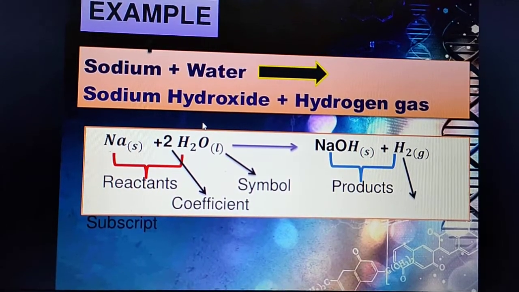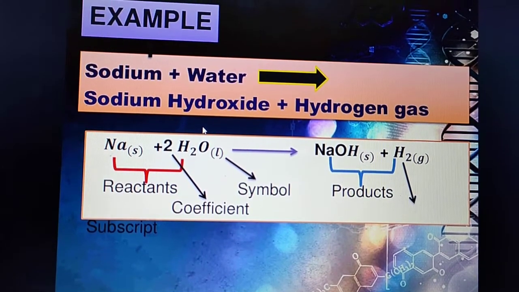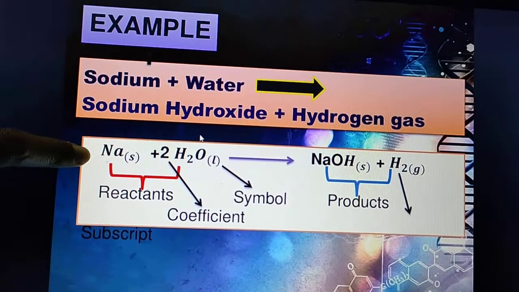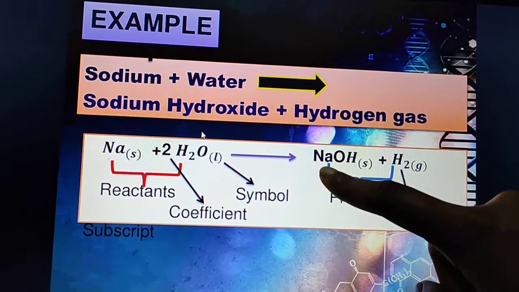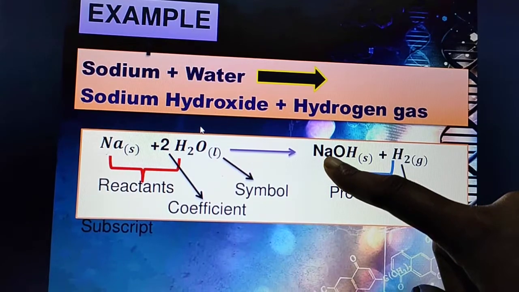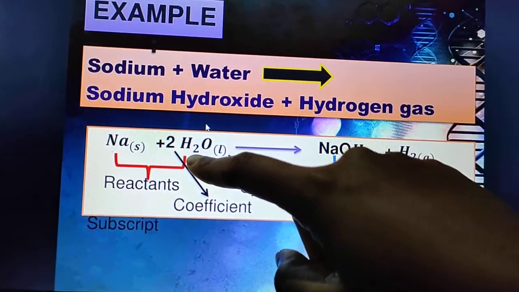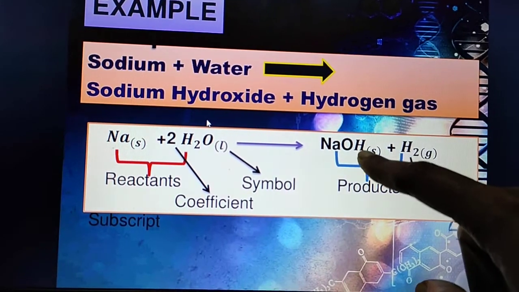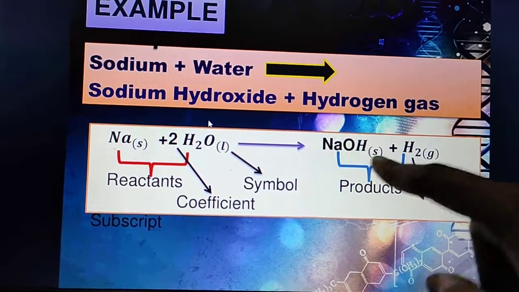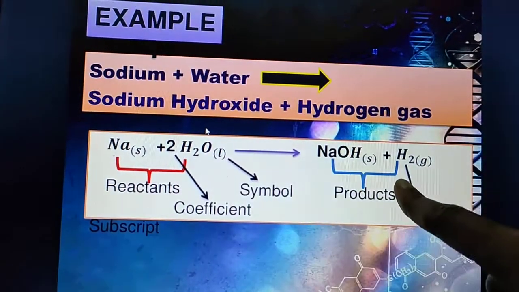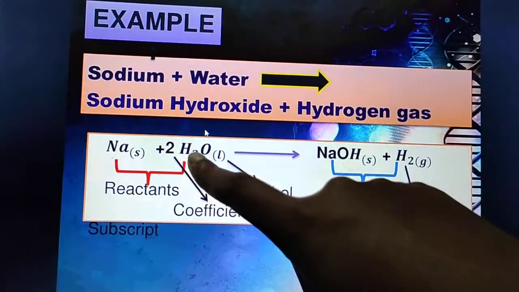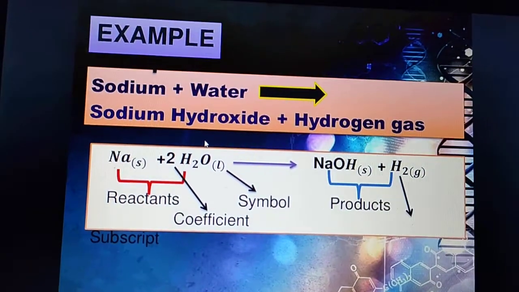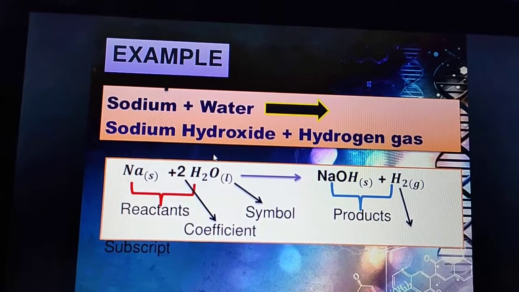to see or count the number of atoms. Like sodium atom is present on the reactant side, only one atom is here, and here sodium is present in only one atom. Now you see hydrogen, 2 2s are 4 atoms of hydrogen. Here how many atoms of hydrogen are present? 1 and 2, 2 plus 1, 3. So here 4, here 3, which is not equal. Oxygen 2, here 1. So it is an unbalanced chemical equation.